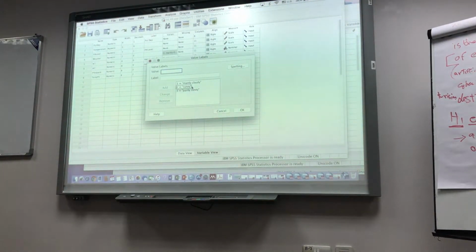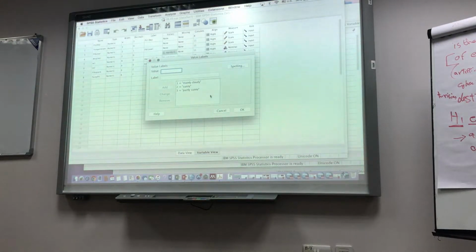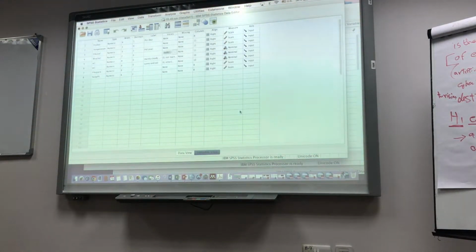So you need to recode each category. This is similar to the final. Yes, there will be similar questions like that: to recode a nominal variable into a dummy variable and then put it in the regression model. So you need to know the steps of how to do it.